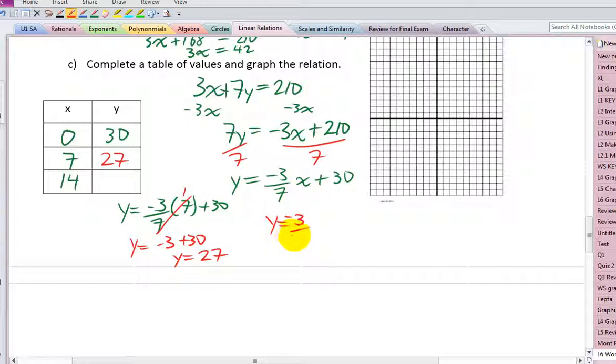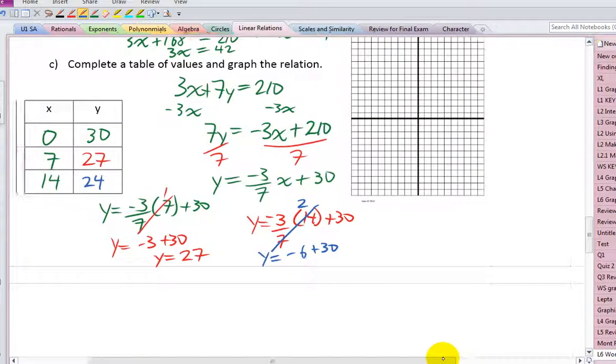Then we can get y equals negative 3 over 7 times 14 plus 30, and 14 divided by 7, y is 2, so negative 6 plus 30, 24. What's the pattern? We're going down by 3's. Okay, so to graph it,